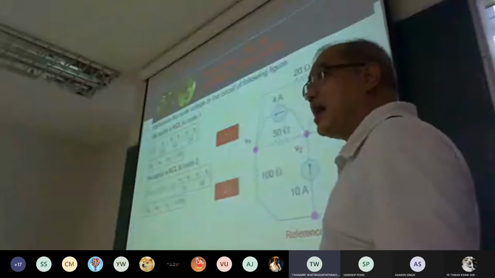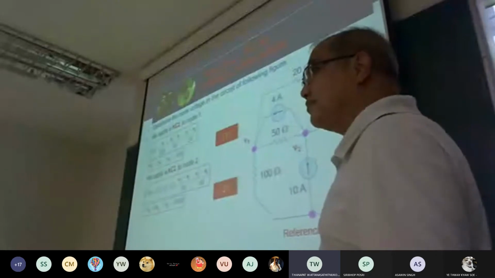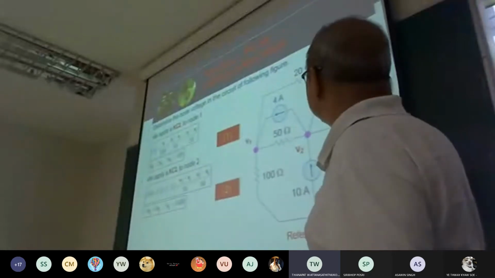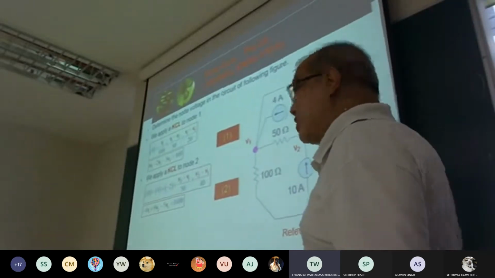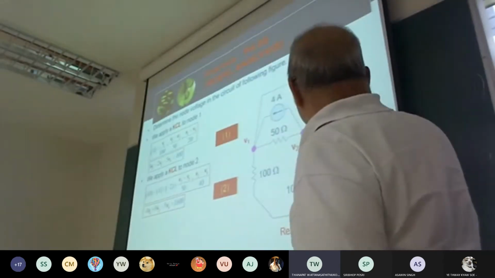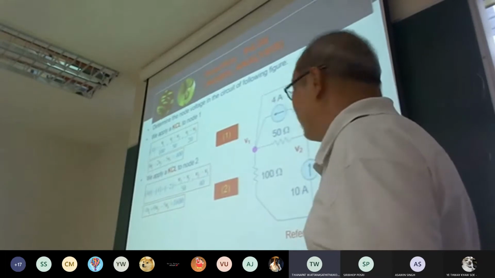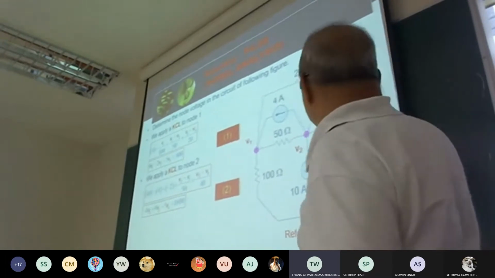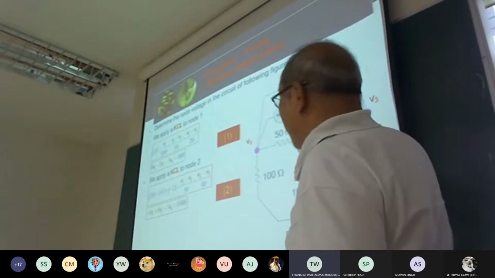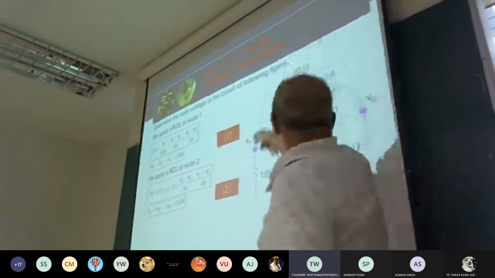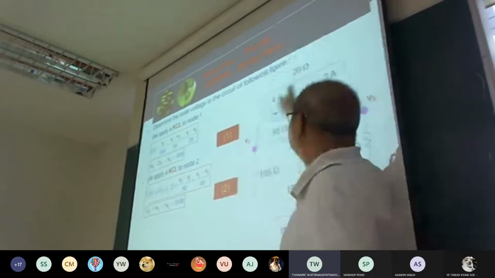The last node is here. How many branches? Four. How many currents? One minus two, right? Equal to V3 minus 0 divided by 25, V3 minus V2 divided by 40, and V3 minus V1 divided by...